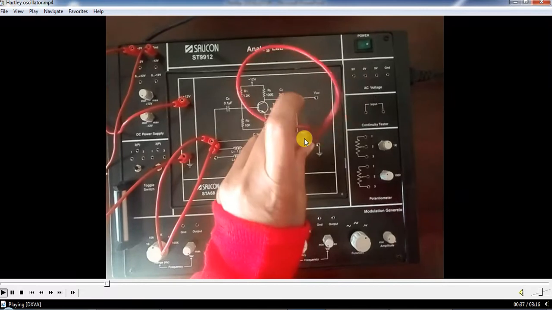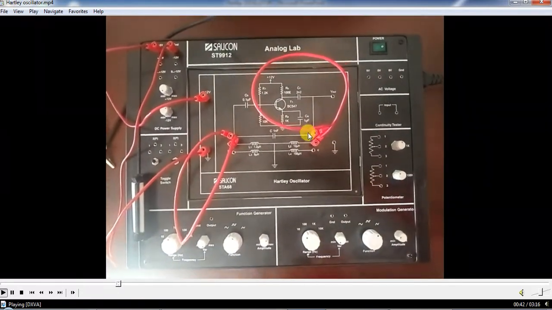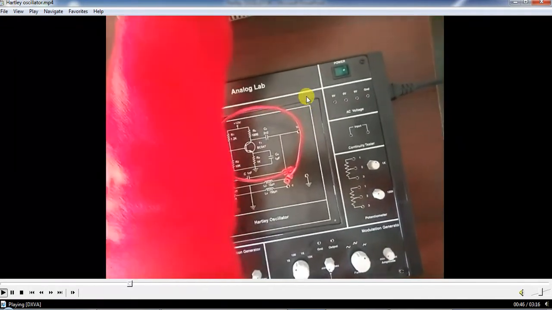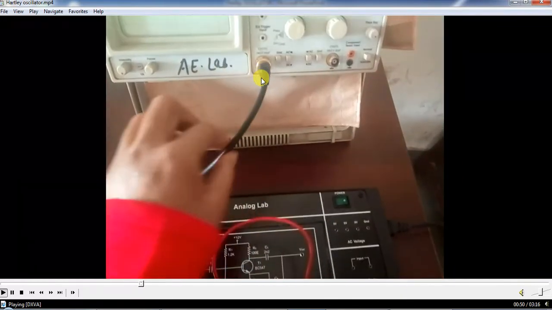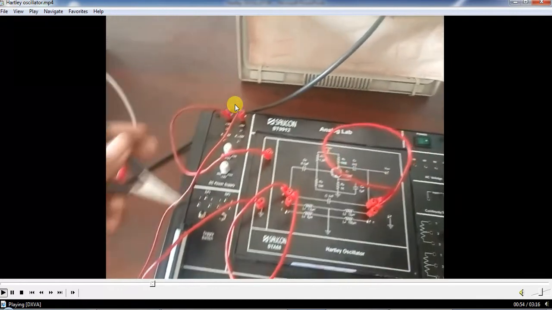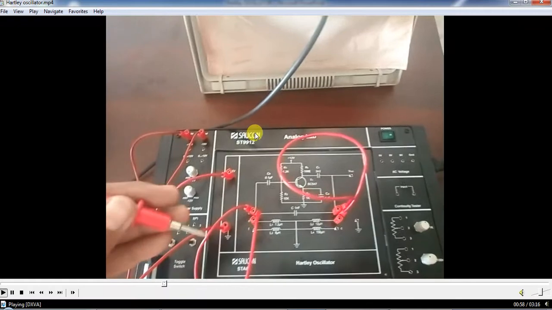and then connect the output terminal of this gate to the CRO using a BNC to crocodile probe. So this is your BNC to crocodile probe, and you can connect it.